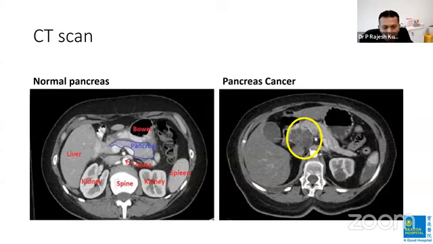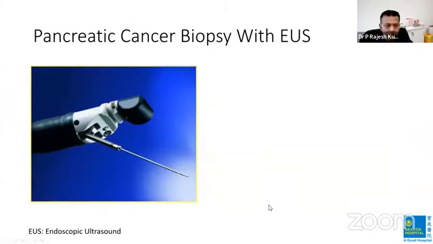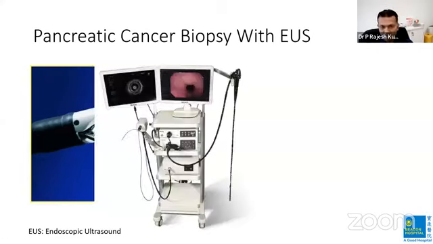So next is biopsy. This is where this technology called endoscopic ultrasound is useful. We call it EUS. So pancreatic cancer biopsy with endoscopic ultrasound, EUS. This is the special scope. This is a scope which has a camera at the tip, has an ultrasound probe at the tip, and it has a needle. It is all three functions